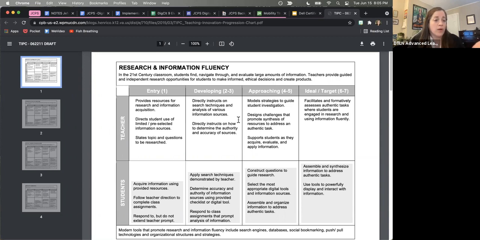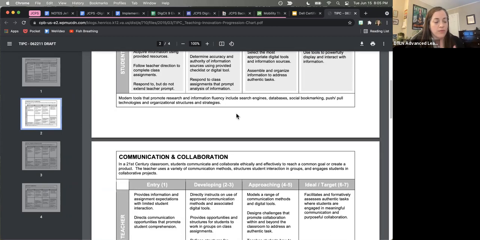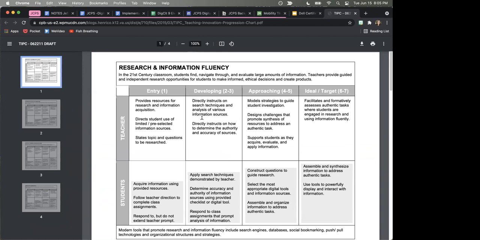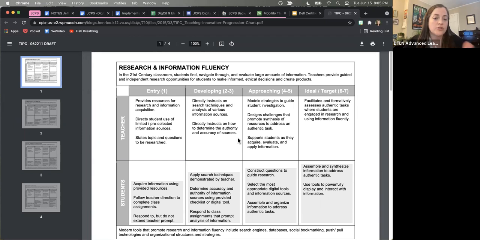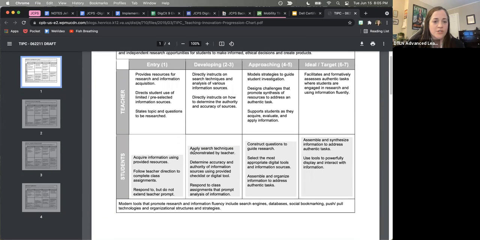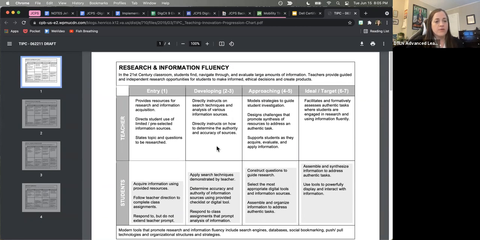For example, Usma, you said you noticed the headings, right? You saw the research and information fluency heading and communication and collaboration. Is there anything else that anybody is noticing or wondering about? The goal is to use Jamboard and have you put your notices and wonders on there in little Post-its, but it's a lot easier if everyone were on their own computer. So we're just going to do this verbally, which is fine.